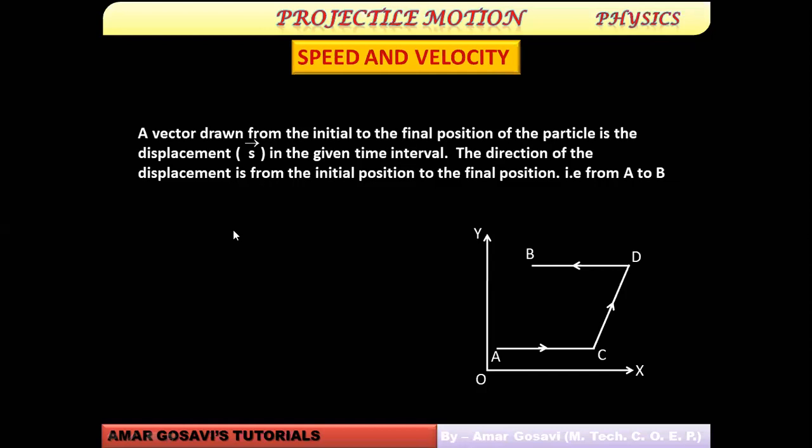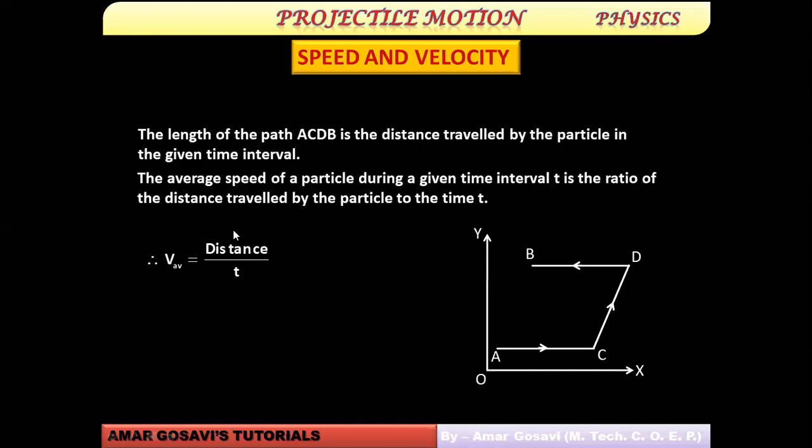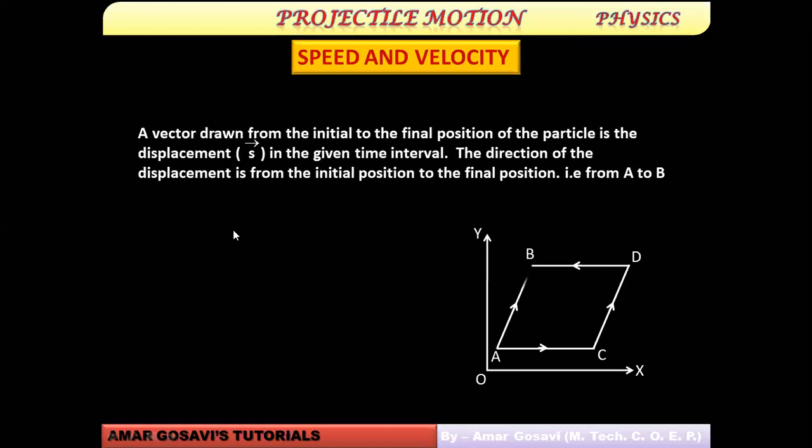The animation will show you how to work out the displacement here. So you can just check out this animation, which is showing you from A to B. The arrow is getting projected from A to B. Now this arrow from A to B is the displacement. While defining velocity, this displacement will be taken into account, right?